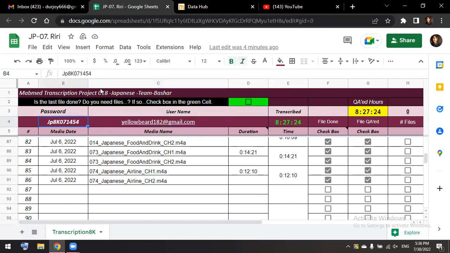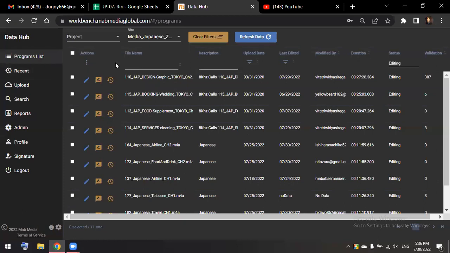Sometimes it happens that a person copies it from here like this. You can see that the J is left out of the selection. Whenever someone copies like this, some characters are left out of the selection. That's why sometimes we end up putting the wrong password on the platform, and that's the reason the account is locked.